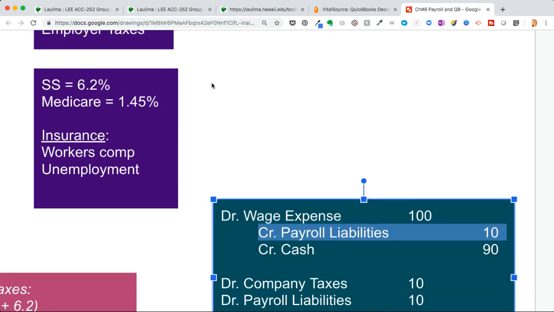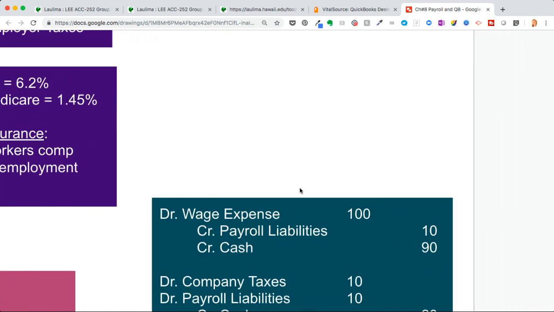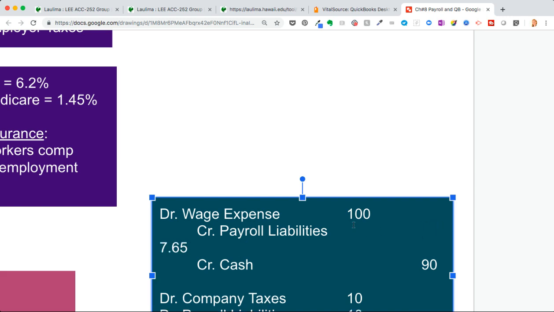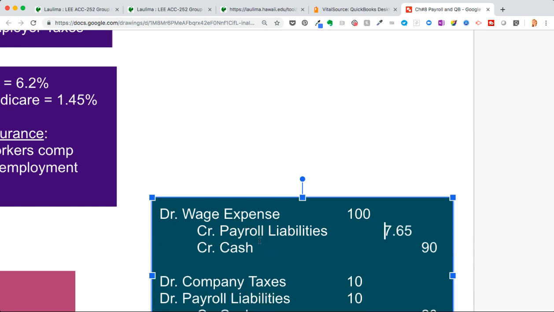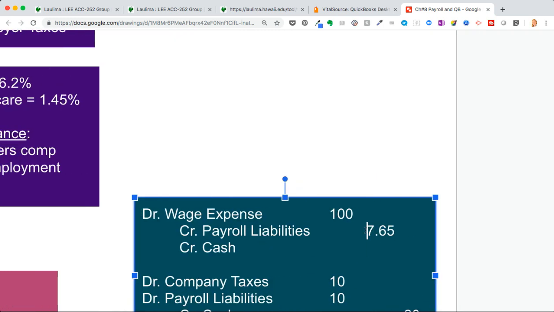I didn't actually calculate them, but if we took 7.65, which is the total of Social Security and Medicare, times this, it would be 7.65, which we probably should use the right amount. Then, because we're withholding that amount for their taxes for them, and remember, we would probably withhold more for federal and state income tax, right? So let's say